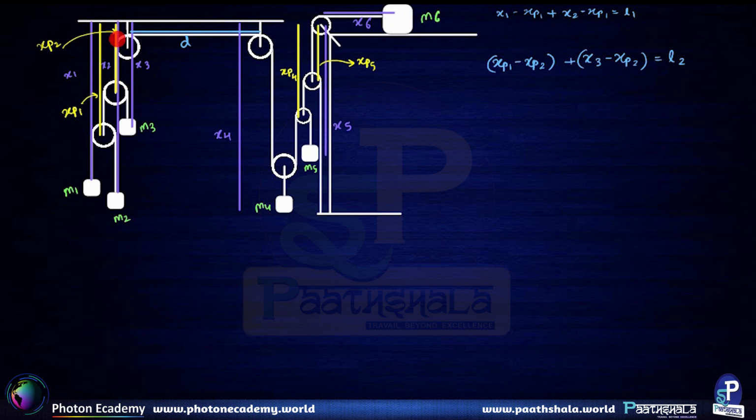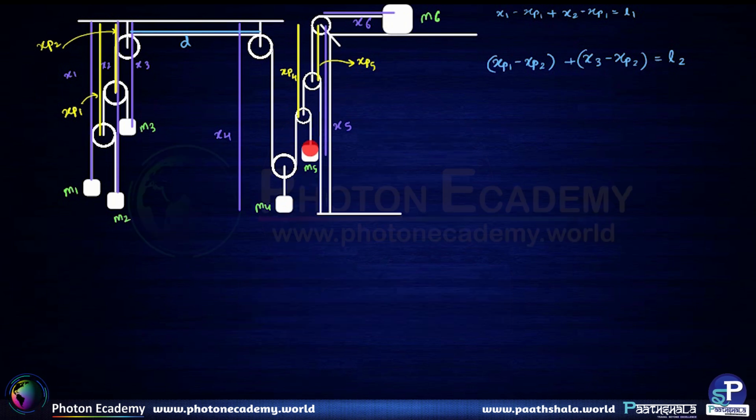This is having xp2 as the length over here, d as the length over here. Here the length is x4 and here the length is x4 minus xp4, and here the length is x5 minus xp4. So for this interesting string, we'll have to write down